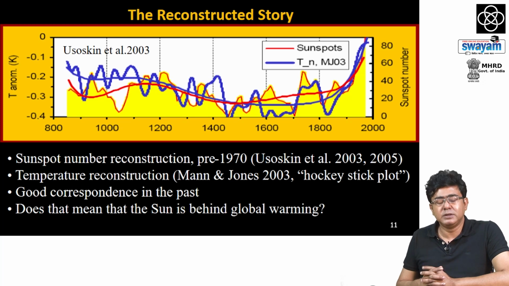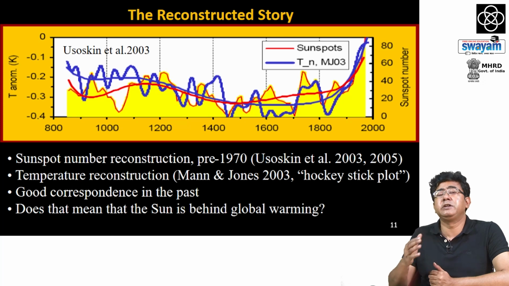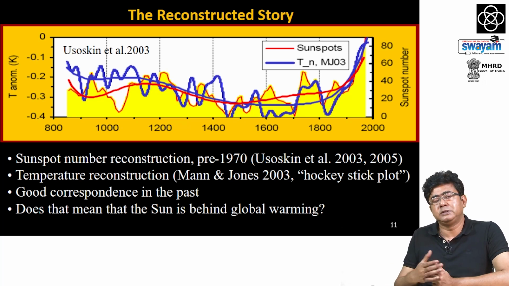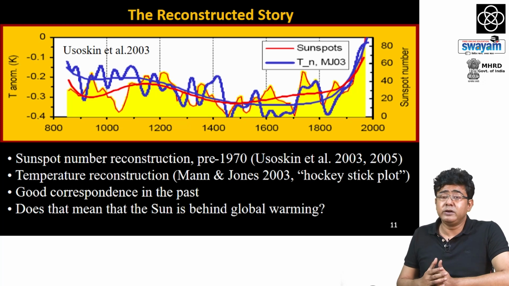For example, here seen in this red curve, which is the smooth sunspot number variation, which has been a reconstructed sunspot number based on this analysis that I just described, and then the global temperature record, which is provided in blue. And we find that in the long history or in the past, there has been a correspondence between the two, and the question is then, is the sun responsible for the global warming that we have been seeing in